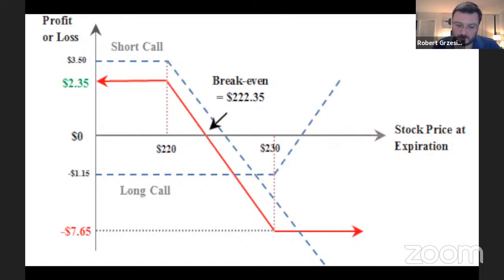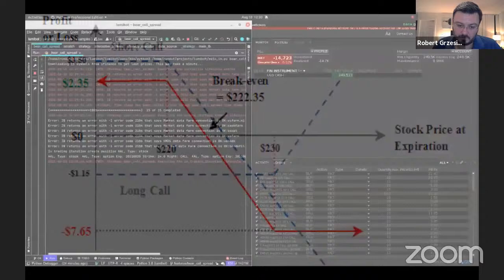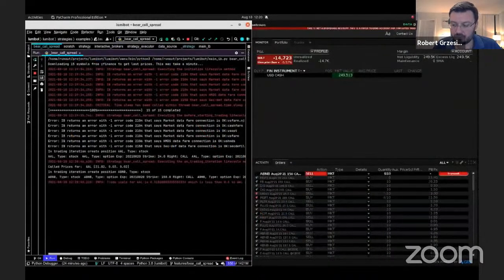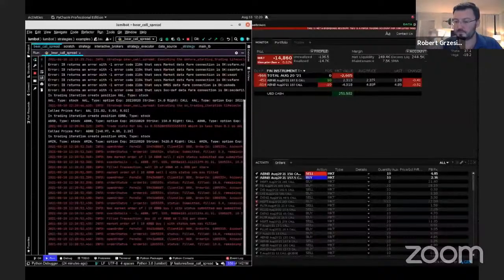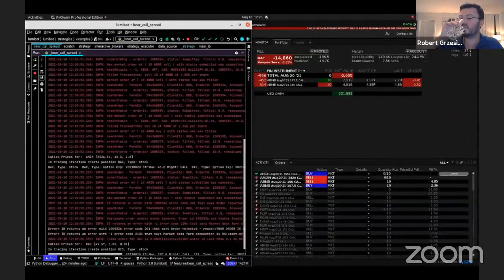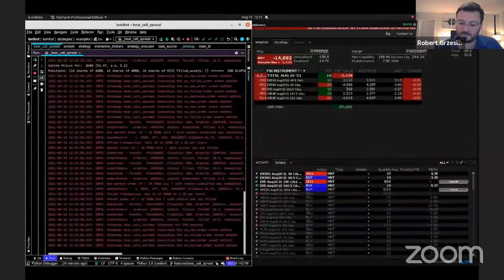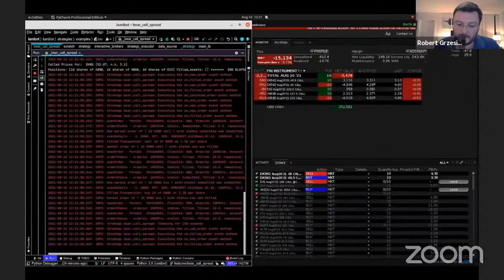Now I'm going to show you Lumibot. I've written up this in code, and Lumibot is going to trade a number of securities on the bear call spread. On the left side, you're going to see the logouts to screen of Lumibot trading. On the right-hand side, you have Trader Workstation. You can see the securities popping up as the orders are placed.